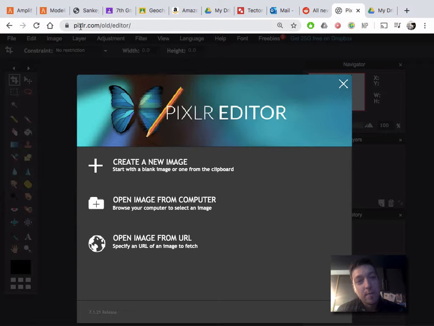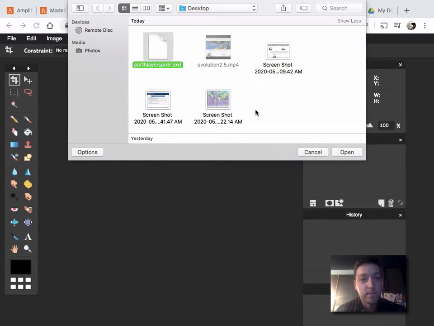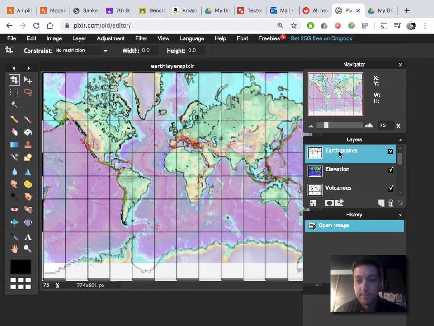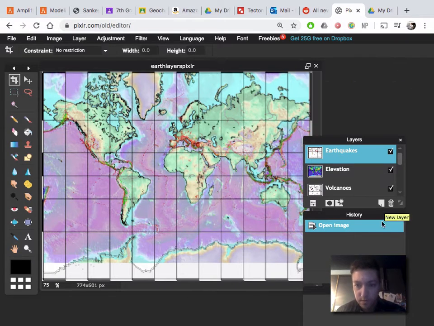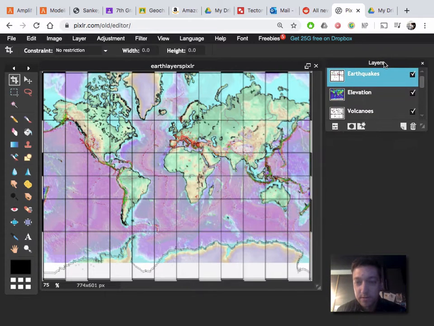So I'm in pixlr.com/old/editor. I'm using their old editor that you may have learned from either me or Mr. Filoramo. And I'm going to open this Earth Layers Pixlr. Okay, so what I did, I'm going to close the navigator and close the history and close the promotion and